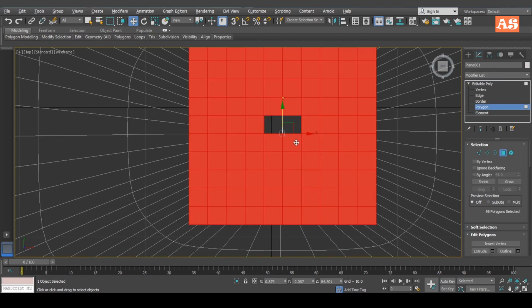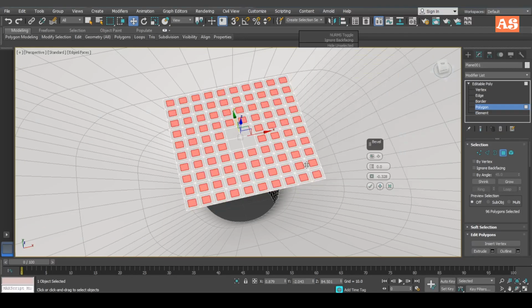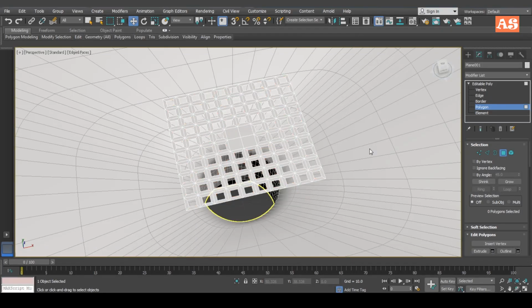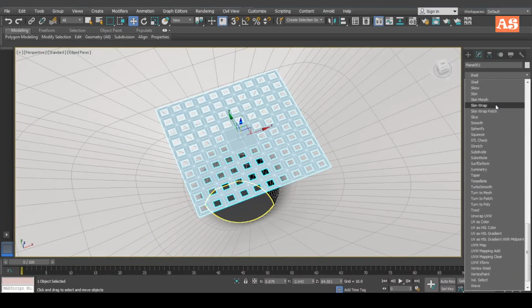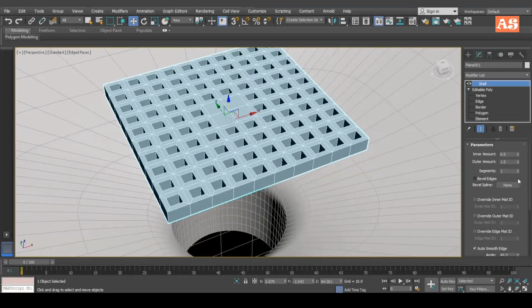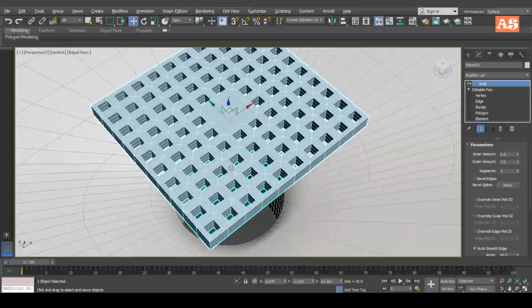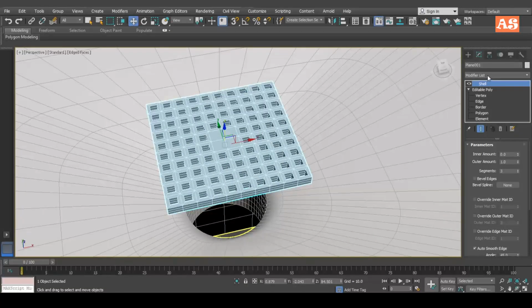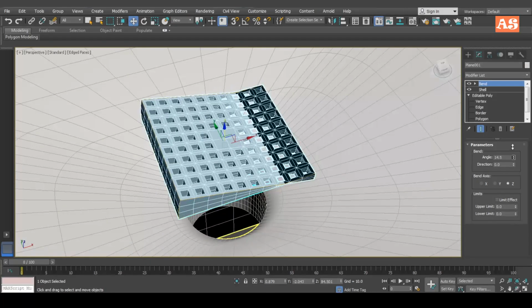I don't need this bevel part in the center, so this is okay, I guess. I can also delete these polygons, so it will look like this, and we can also apply the shell modifier to add some kind of thickness for this object. Also increase the amount of segmentation for this object in the middle, and we can apply bend modifiers so that we can bend this object.